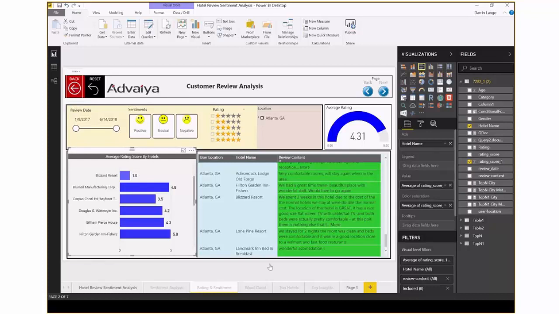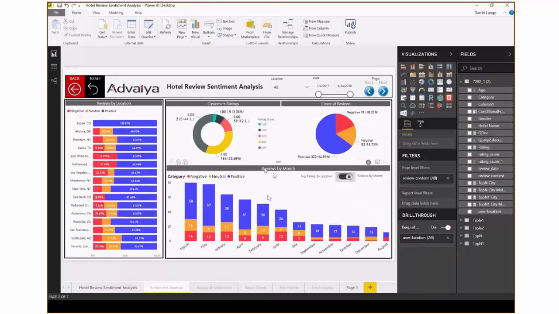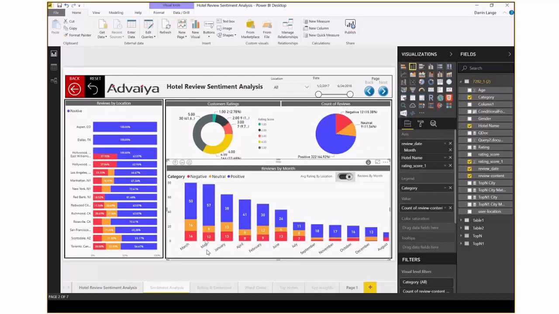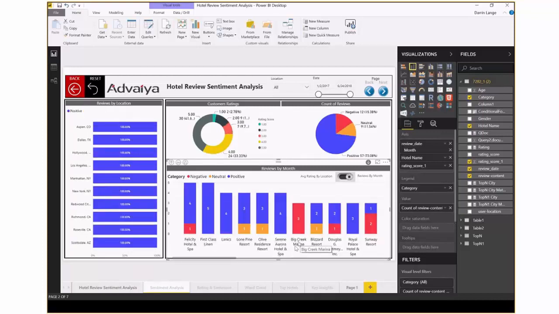So on this visualization down here, reviews by month, I can take a look at May has 57 positive reviews, and so if I want to drill down into that, you can see that I don't have it drill through, I can only drill down. So I choose May, and it drills down into the different months. And I can see that the Big Creek Marina has 3 negative reviews. And if I want to see that, then I can go to my drill through page and I can click